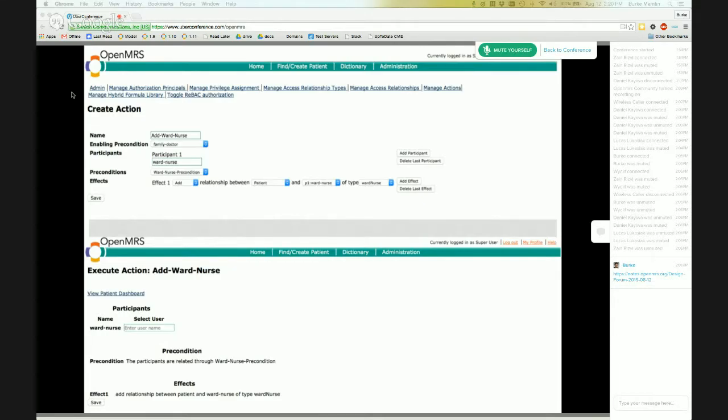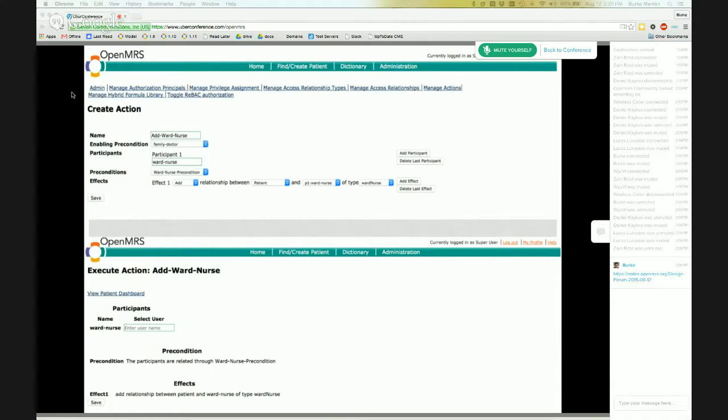The next part we have is the participants. We are adding and deleting relationships between members in the system, between person objects in the system. This may be more than just between the doctor and the patient, so we have additional people that might be introduced here.